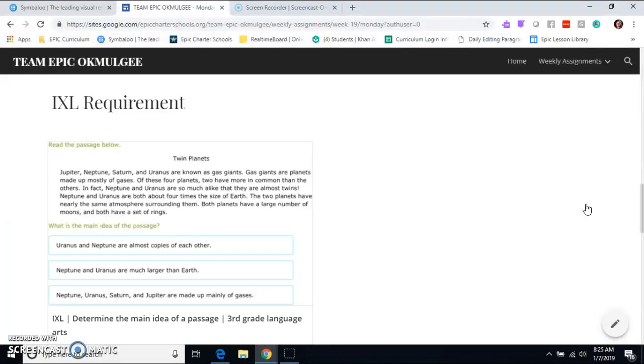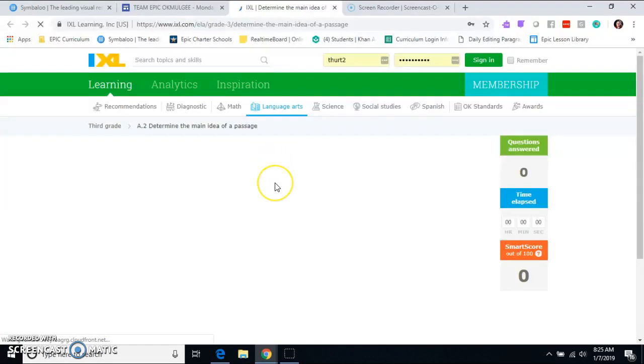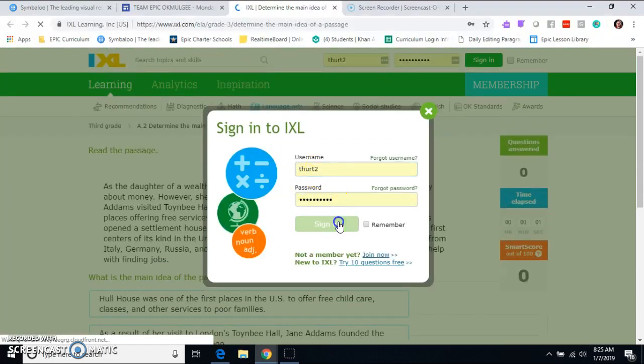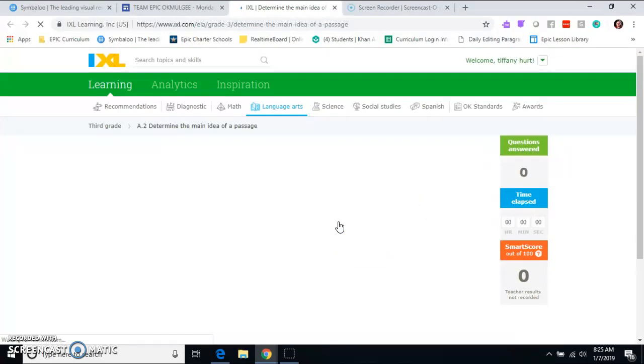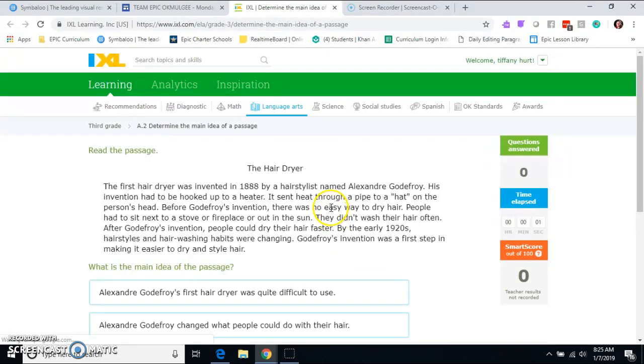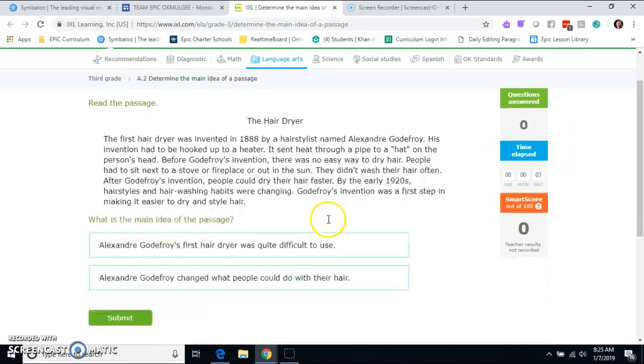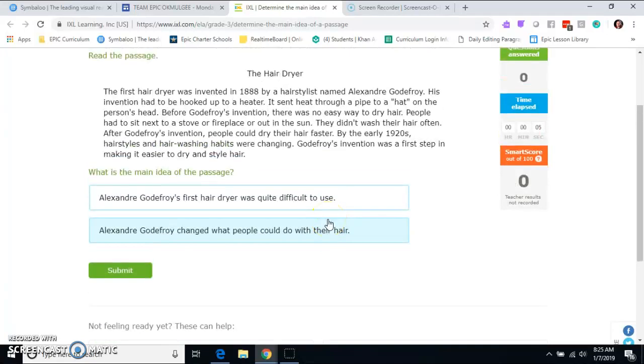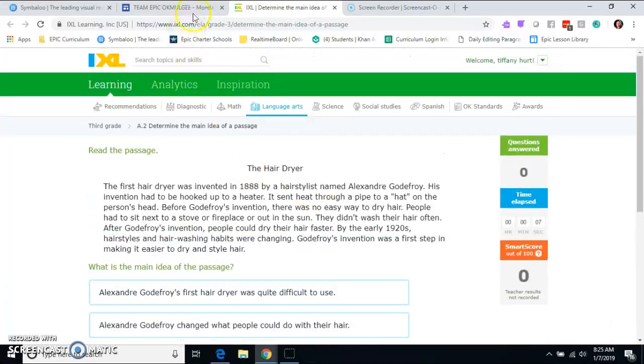So instead of us printing worksheets out for your practice, or instead of you doing work in your online curriculum, you are going to be doing lots of IXL. So you will click on this IXL and it'll take you to the IXL that I want you to do. If you do not have IXL, you need to contact your teacher and let her know, and we will figure out what we're going to do for you. So then you will do your IXL lesson that goes along with main idea.